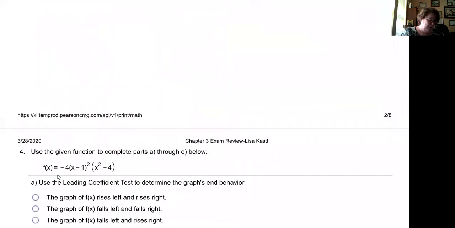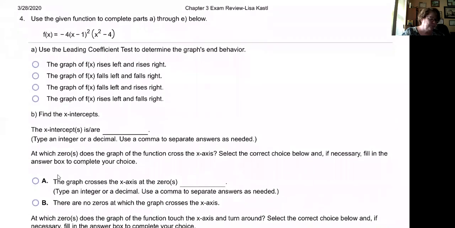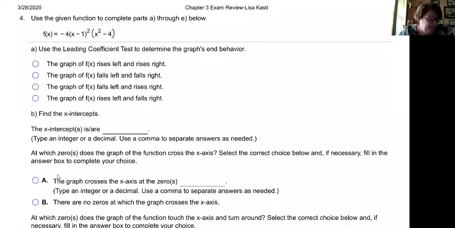All right, problem 4. Use the given function to complete parts A through E below. Part A, use the leading coefficient test to determine the graph's end behavior. And I showed you in class how to determine the leading term of a polynomial when it's in its factored form by just looking at the first terms. So the leading coefficient has to be,